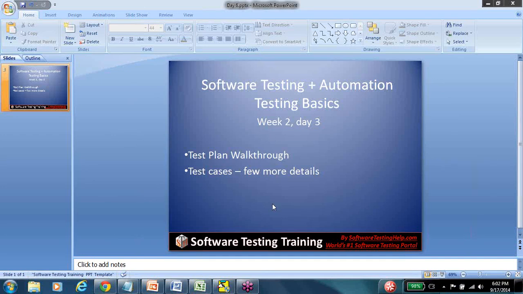So in the STLC, the different phases, where are we at, what have we covered already, and what is still left out? That's a few things I will first begin with, and then we'll move on to the test plan walkthrough. Now, I haven't explicitly had a topic or a word to discuss in the vocabulary area, because